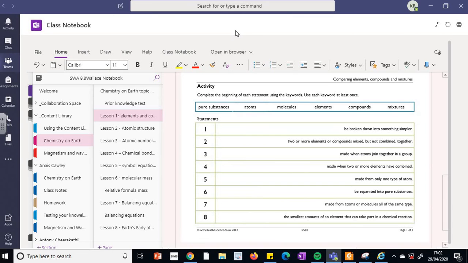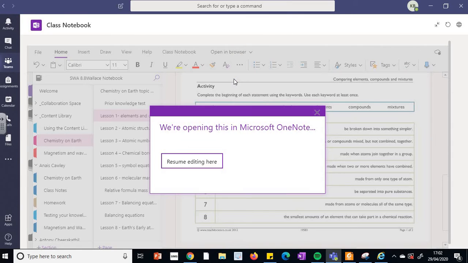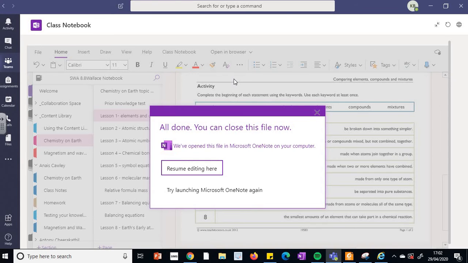Now, I am going to do this now because I think it's important. Earlier on I showed you that you can have the note tab. I find this version just a little bit restrictive because of the space it takes up on the sides, and you've got this little block here that seems to do nothing, and there's a lot of space to take up. So I always tend to open in app or open in a browser. It's up to you which one you use. I open it in an app because I've got the app already installed on my computer. So by clicking on that,